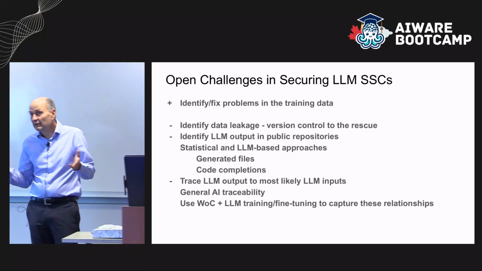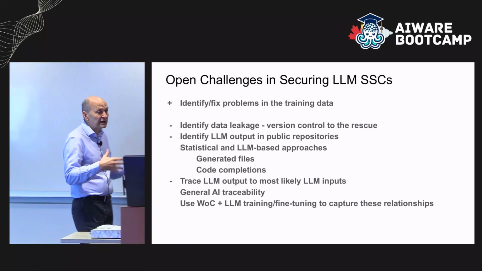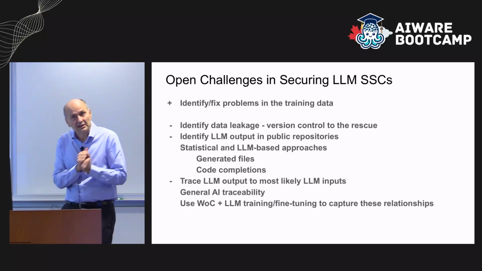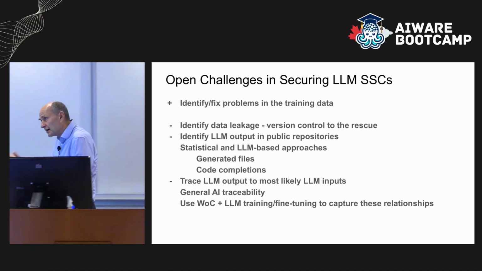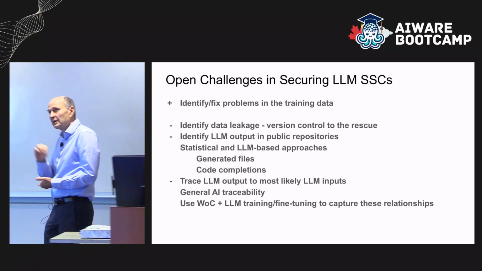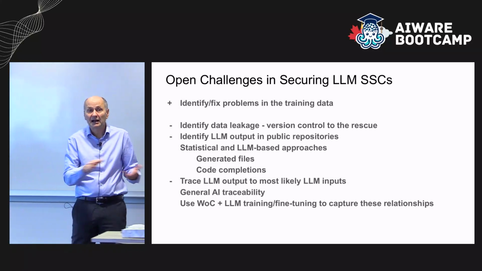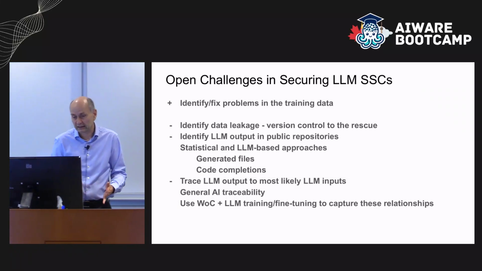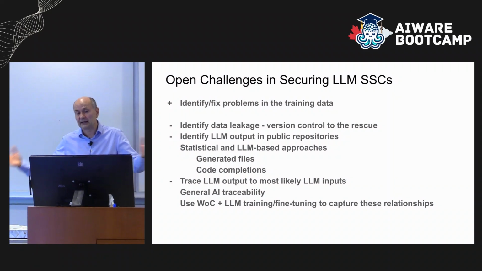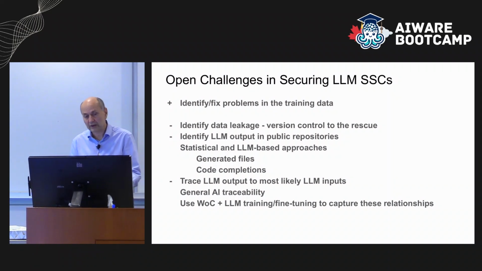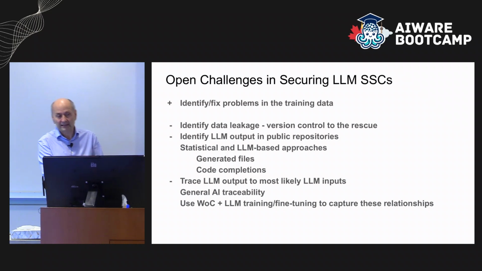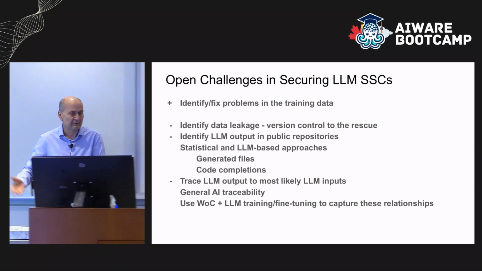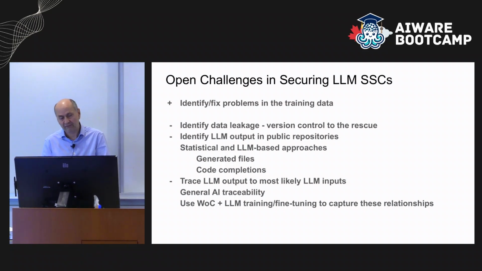Finally, the most interesting thing, I think, is that if we identify generated code, we can go back and say, for each piece of generated code, which data samples in the training data are most likely responsible for it. That part, if done, would complete the full supply chain cycle. We could then see whether that responsible piece of code is secure or not buggy, and have a better reasoning ability.